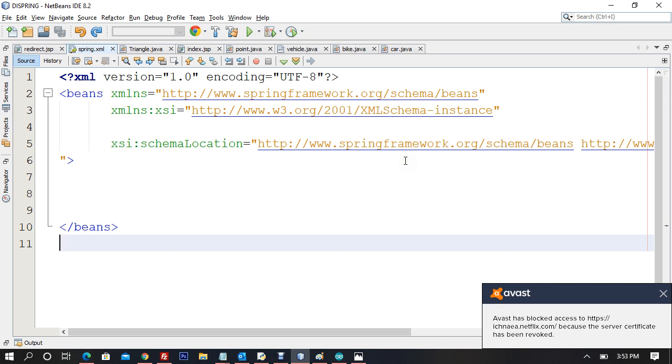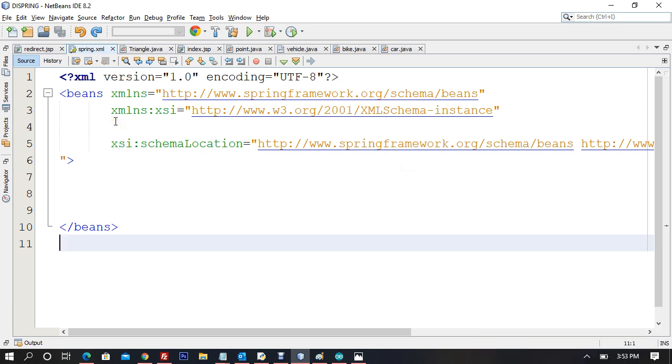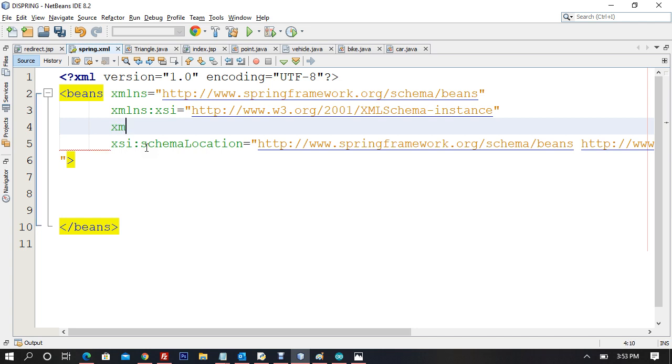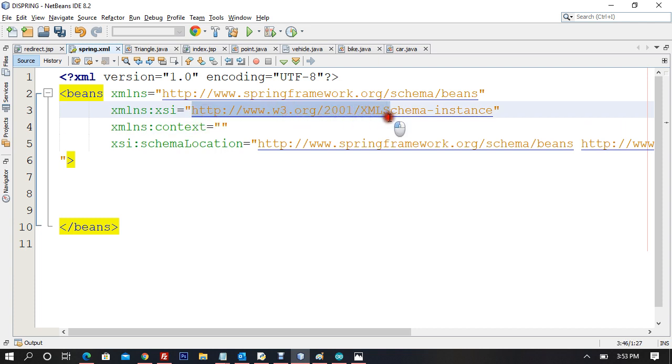You don't need to have this knowledge, because you just want to use annotations and configure your XML file to use them. So right here I will write xmlns:context, and I'll say it is equivalent to